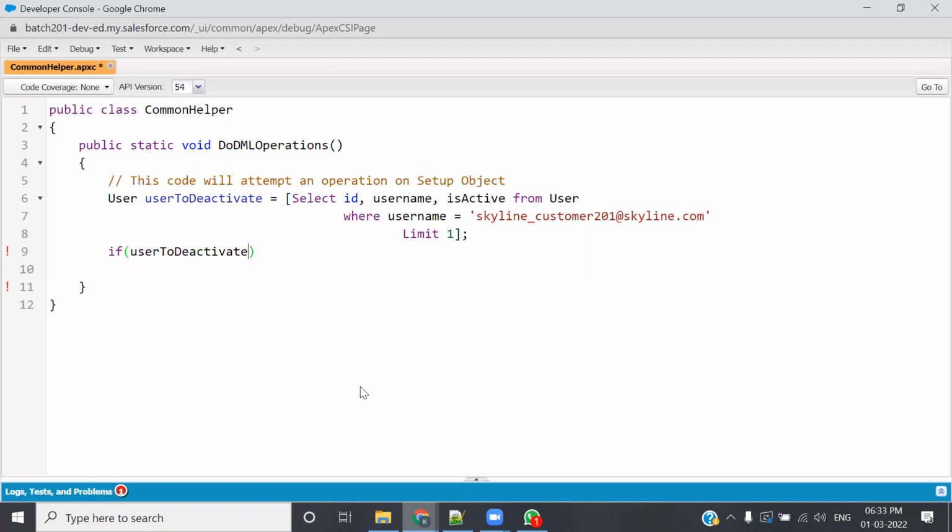So if user to deactivate dot id, because we have asked for the id also, right, if user to deactivate dot id is not equals to null, अगर id null नहीं है इसका मतलब id है, और अगर id है मतलब ये रिकॉर्ड है, ये यूजर है। If with this name there is no user there will be no id, in that case the id will be null, and if with this name there is a user, then it will return the id of that user। तो यहाँ पे मैं क्या चेक कर रहा हूँ कि यूजर टू डीएक्टिवेट, मतलब ये जो पर्टिकुलर यूजर है उसका आईडी इज नॉट इक्वल टू नल, यानी वो यूजर है, विद दिस नेम देयर इज अ यूजर, यूजर है तभी